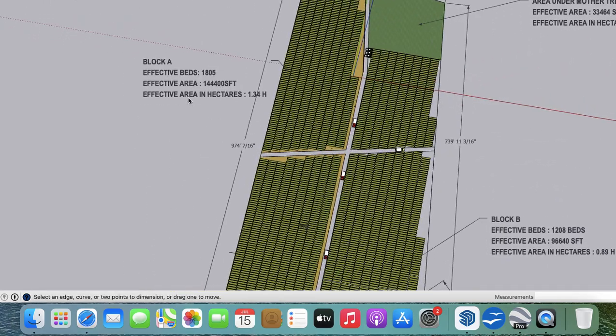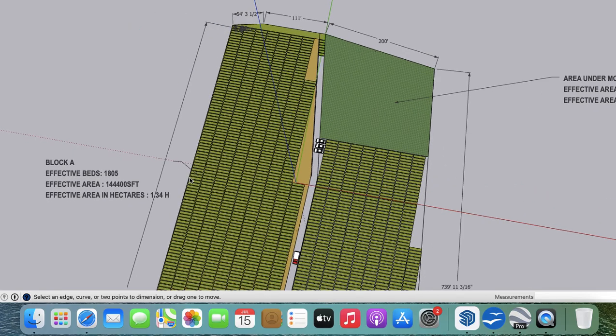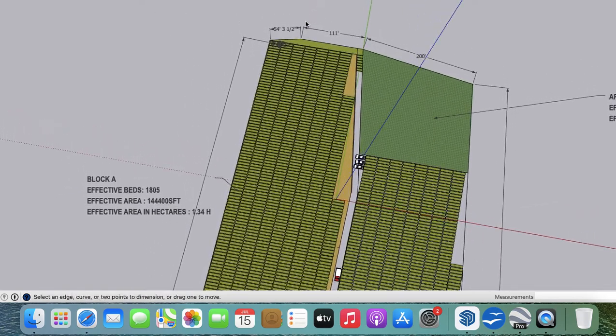We'll see the number of beds in block A. Now there has been much more improvement and the dimensions are also depicted. Block A's effective beds is 1805. Each bed comprises dimensions 20 by 4, that is around 80 square feet. So the effective cultivated area is around 1,444,000 square feet, and if we calculate it in hectares, it's around 1.34